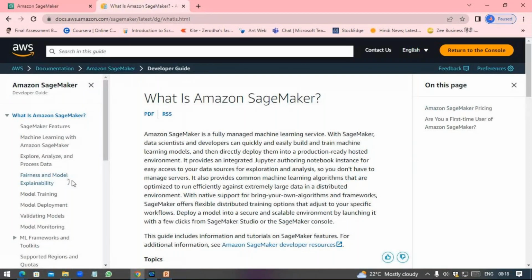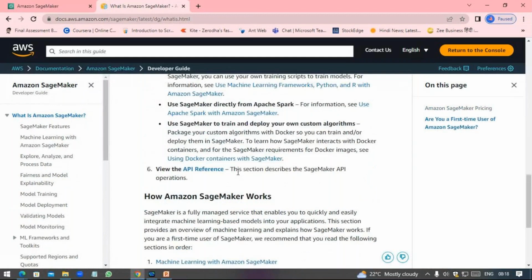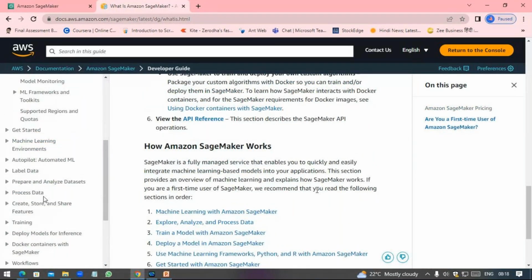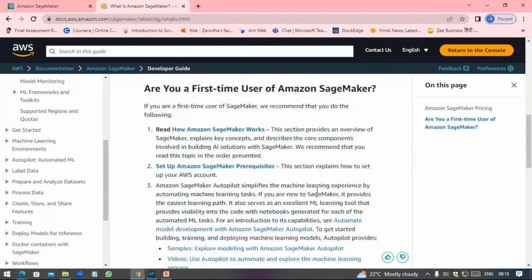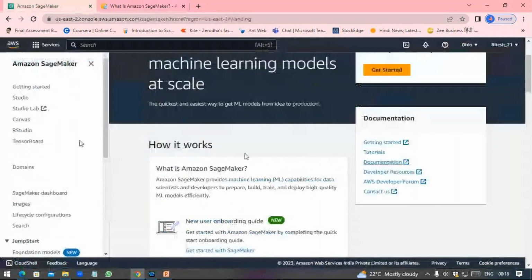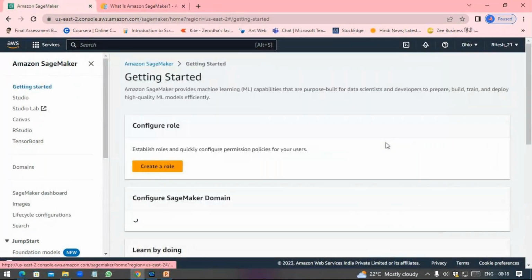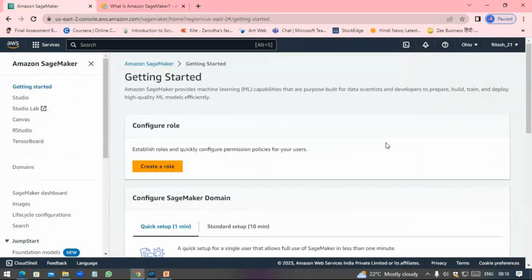Now, the SageMaker pricing and all this information you can walk through whenever it is needed, otherwise not needed until you have something specific. Now we can go to Amazon SageMaker, get started. Go to this get started. Now first we go to the console. We searched Amazon SageMaker and now we are in the